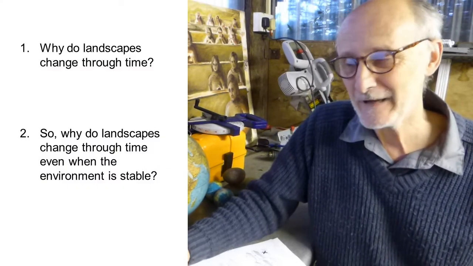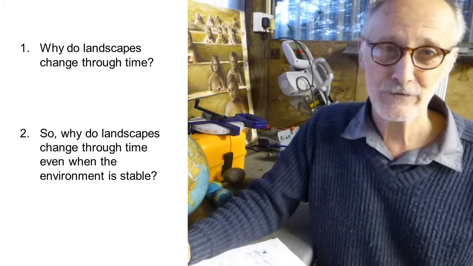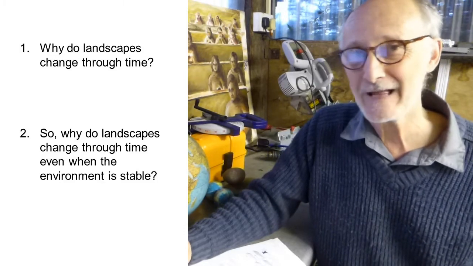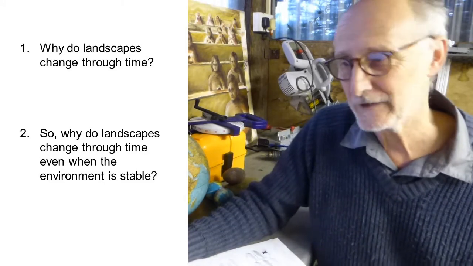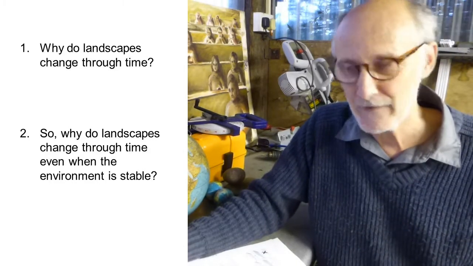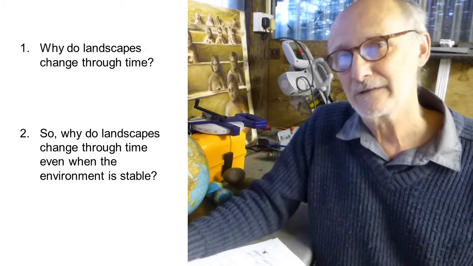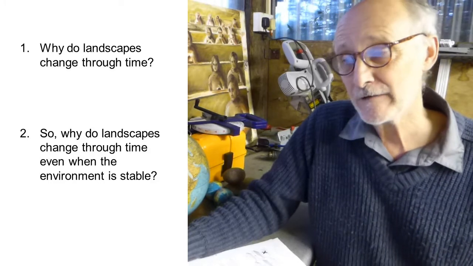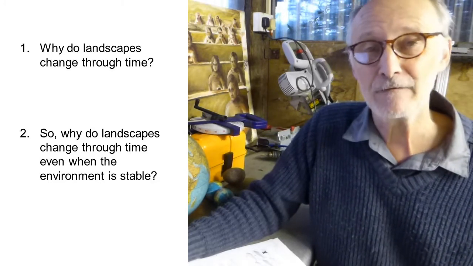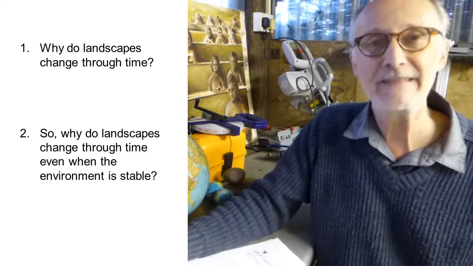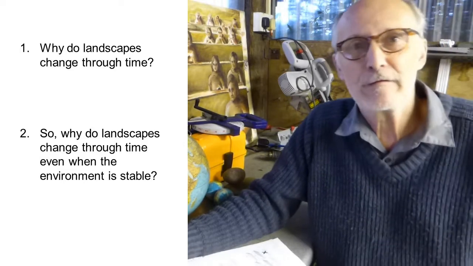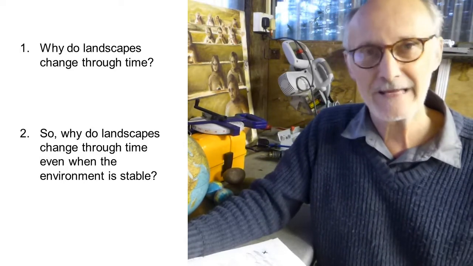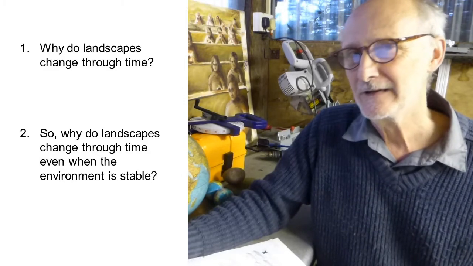So I'm just going to give you these questions to think about to begin with. Why do landscapes change through time? I imagine that some quick answers will be springing to mind straight away, and the obvious ones would be to do with climate changing over time, therefore landscapes change in response to that. Yes, there are those kinds of answers that you can give. And to that I'll say, okay, so why is it then that landscapes can change through time even if the environment is stable? Even if we've never had any more climate change, never had any more sea level change, would landscapes then just stop developing? Or would they keep changing even in a stable environment? That's something to think about.